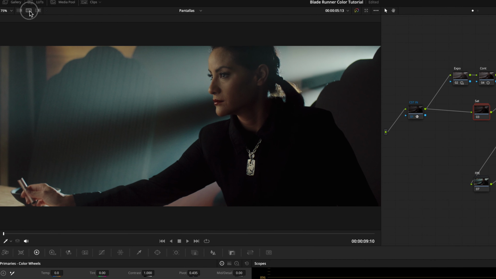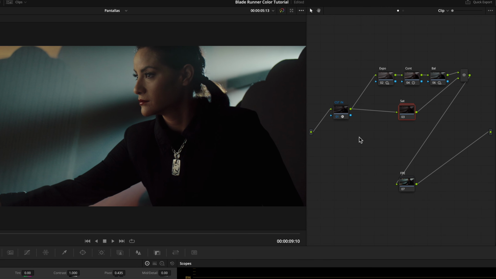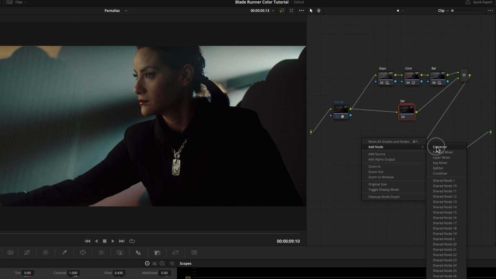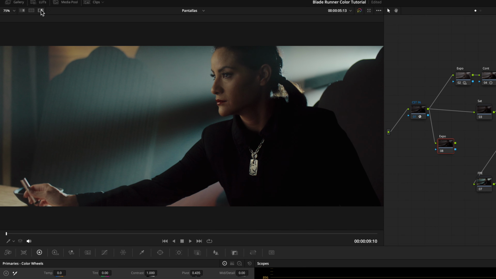If we split the screen, the skin tone of the original scene are more orangey. So, I'll take several steps to get closer to that tone. First, I'm gonna create a new pipeline fed directly from the first node, which will help to qualify the skin tone. My first node is for the exposure, and because it doesn't have any output to our display, to see it, I turn on the highlight button.